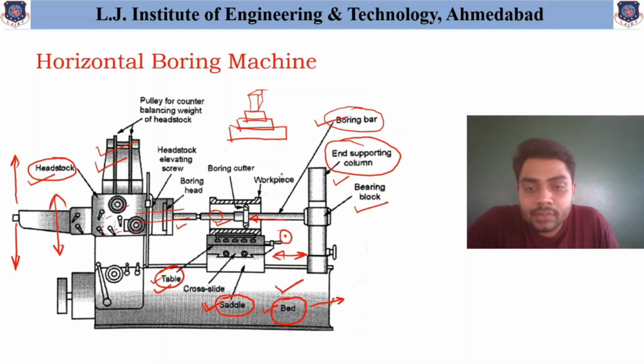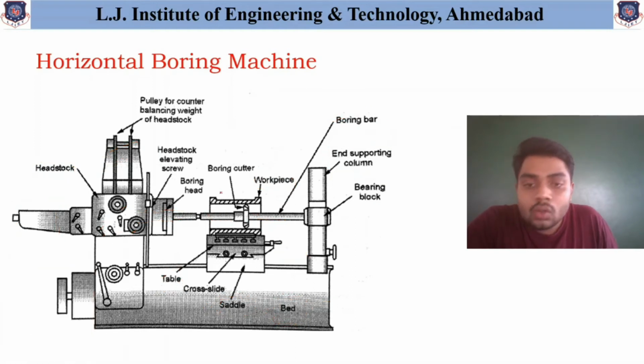The next part that you are seeing is the workpiece of which machining is required. And as you can see over here, the boring cutter is provided, and this boring cutter helps to remove the material or to enlarge the diameter of the workpiece as required. And this boring cutter is connected with this boring head, and this boring head is connected to the spindle, and the spindle is connected to the main power transmission element. So this is how rotary movement or the cutting movement is applied to this boring tool by providing certain mechanisms.